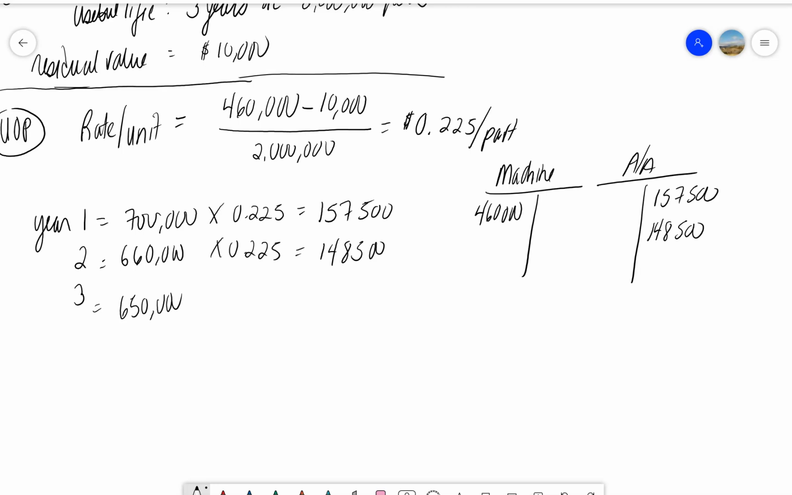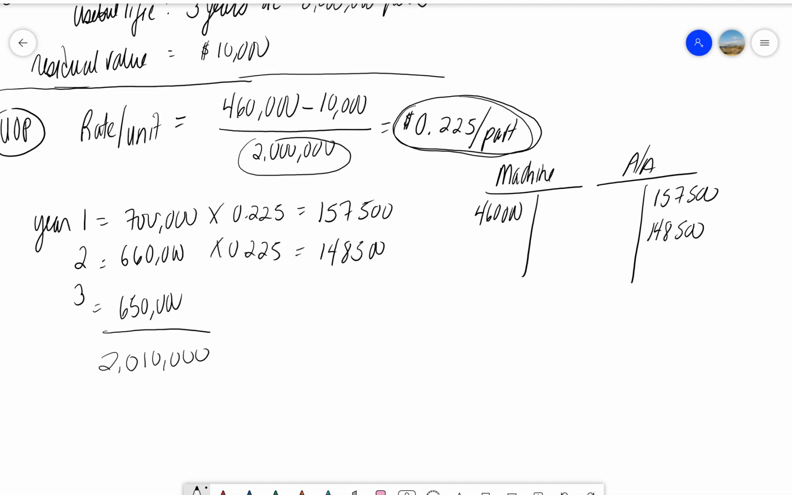Now, remember, we based the calculation up here, the 22.5 cents, on 2 million parts. So if we add up the number of parts that we actually produced, we're actually more. We're actually at 2,010,000. So what that means, if we were to work through this calculation for year three, we would get 146,250. But that would be too much because remember, in our accumulated amortization account, we want to end up with